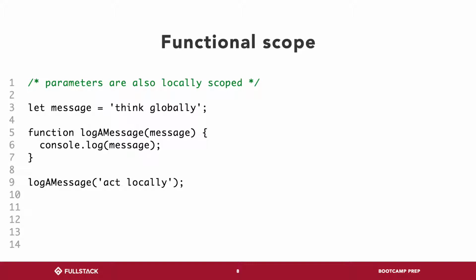So you're saying this gets called, and then after you call this same function and don't pass anything, then it would first say act locally. That would be the first thing that's logged. And then the second one would be undefined. So it's totally separate, its own value, its own scope. It would be undefined, and the reason it wouldn't be an error is that